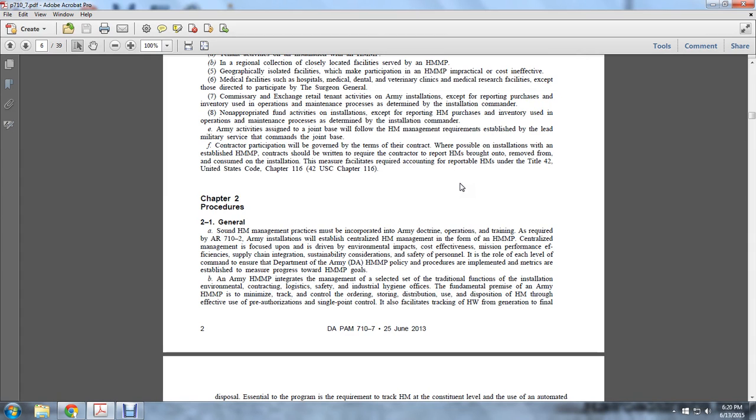Okay, Chapter 2. Chapter 2, Procedures. Sound hazardous material management practices must be incorporated in Army doctrine, operations, and training